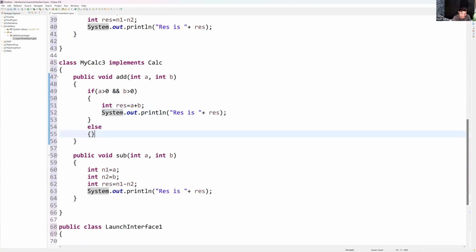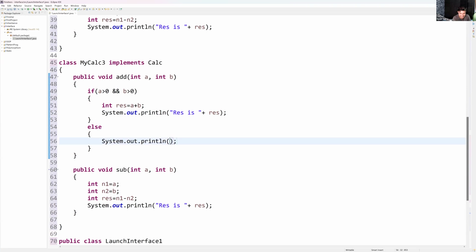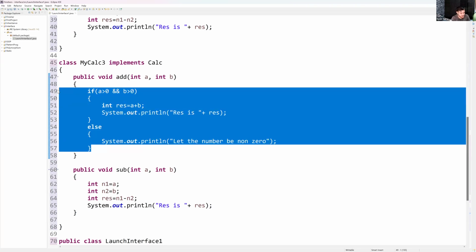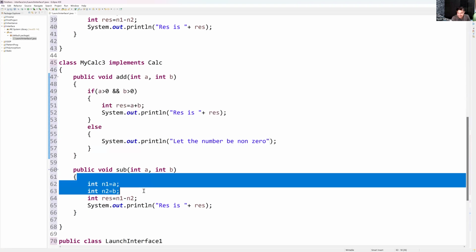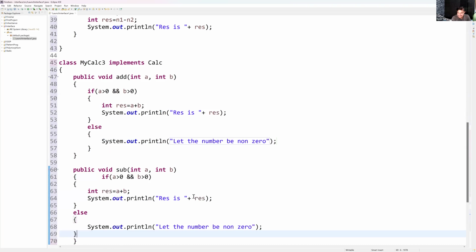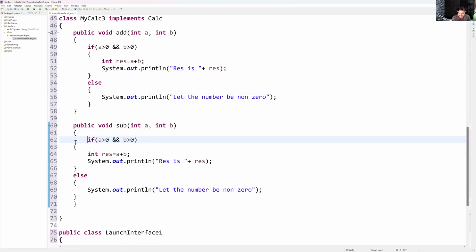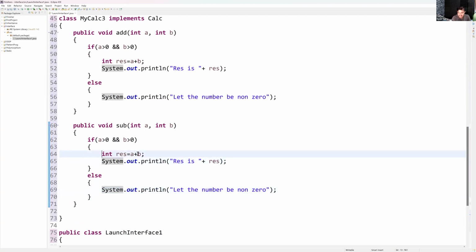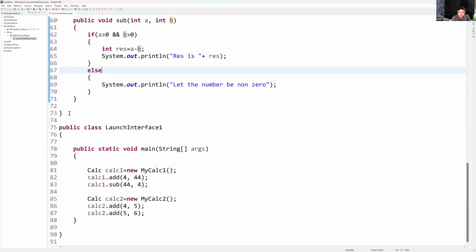Okay. I will say System.out.println, let the number be non-zero. Just to show that the body need not be the same. Okay, the body need not be the same. I will say a minus b. Great. Fine, guys. Now you can write one more method here, but you have to write it static